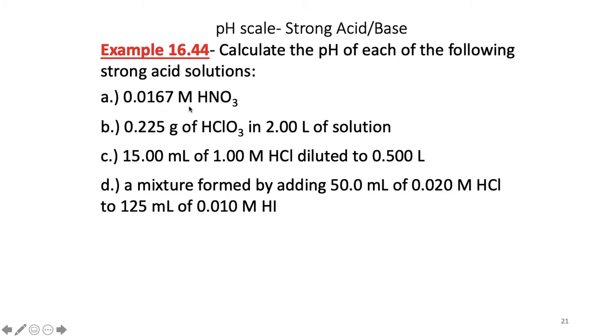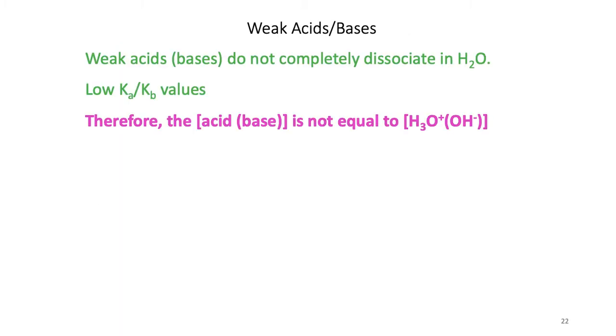If you have 0.167 molar, which is moles per liter, obviously it's the same volume of solution for HNO3 and H3O plus. Therefore, 0.167 molar HNO3 is going to give you 0.167 molar H3O plus. And that's the basis for all of these problems with strong acids. Now, that's not always true